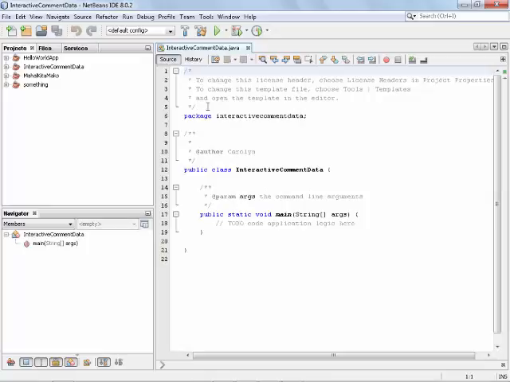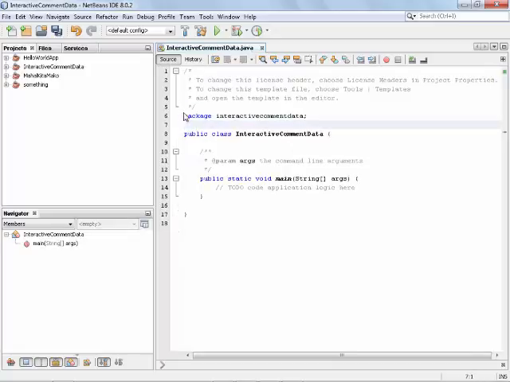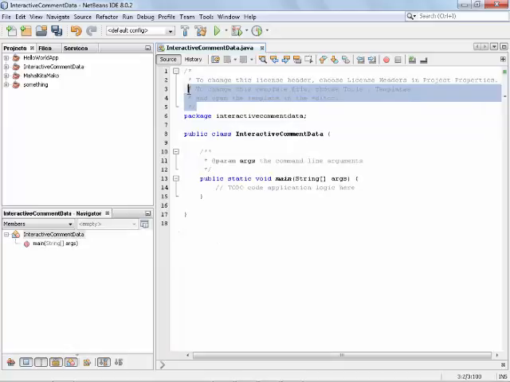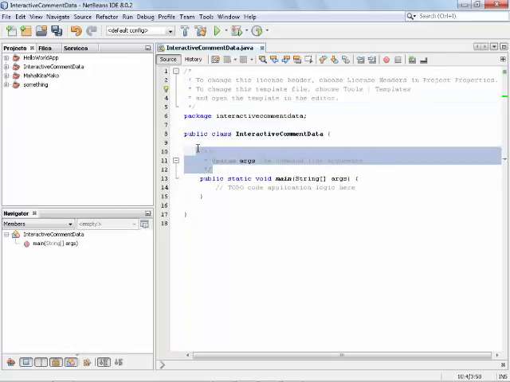So, in this source editor window, you can delete this one and this one.